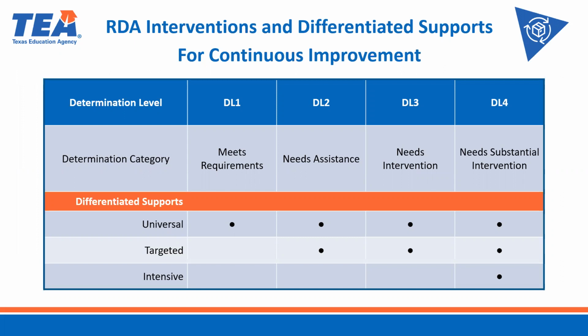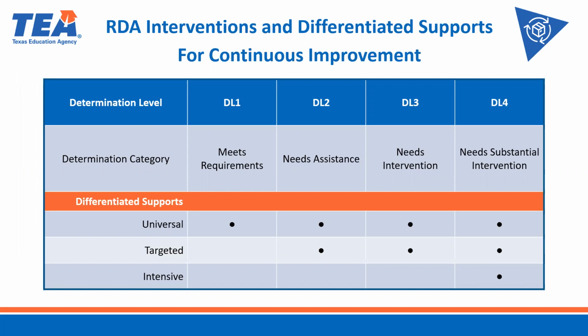Examples of intensive supports include, but are not limited to, TEA assistance in completing the strategic support plan, monitoring of progress towards short and long-term improvement goals, assignment to statewide technical assistance networks, assignment to ESC support, professional development with sustained follow-up, monthly collaboration with TEA regional teams,